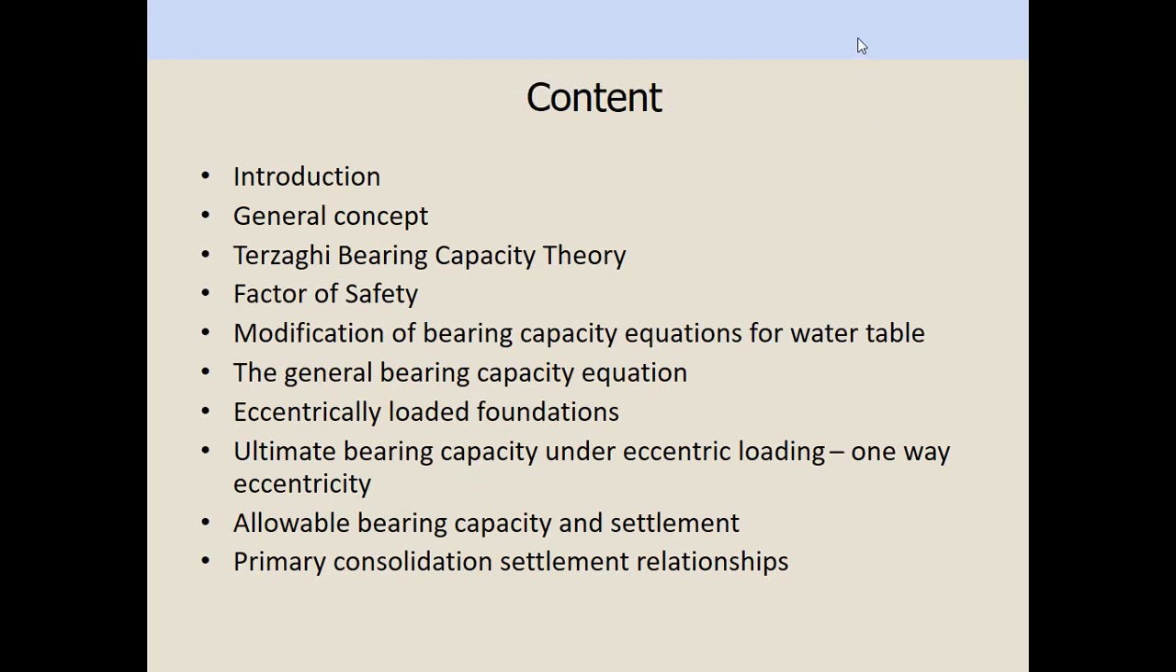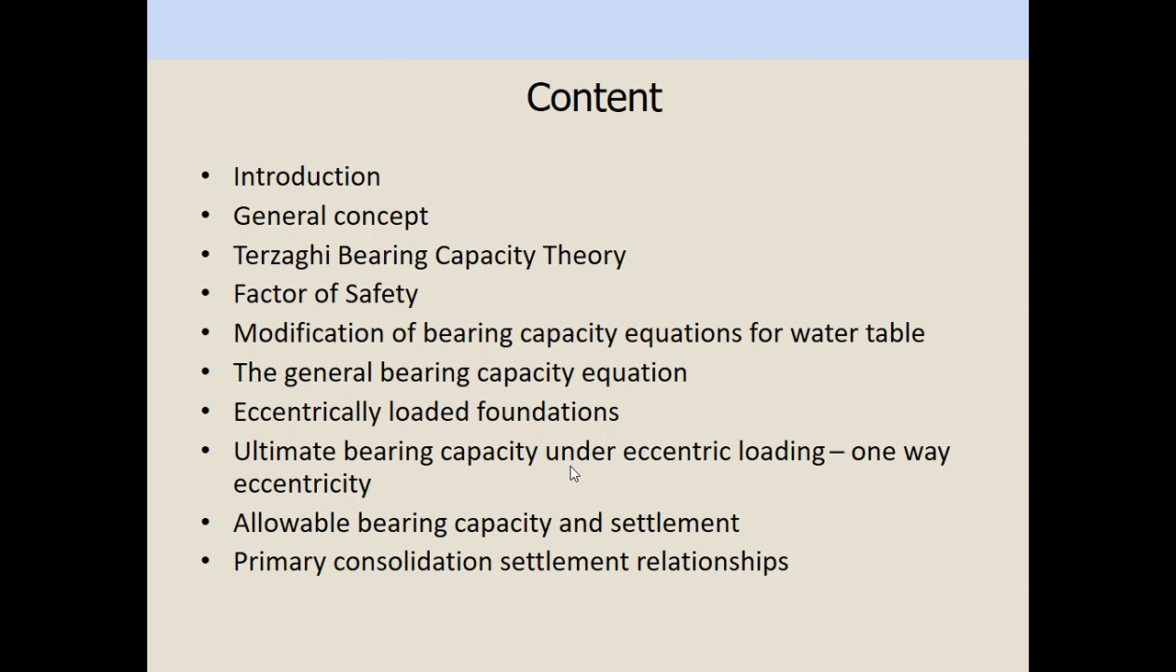Alright, so this is the content for chapter 2, shallow foundation. The first one is introduction, about the shallow foundation and how to classify the shallow foundation. Then the general concept,